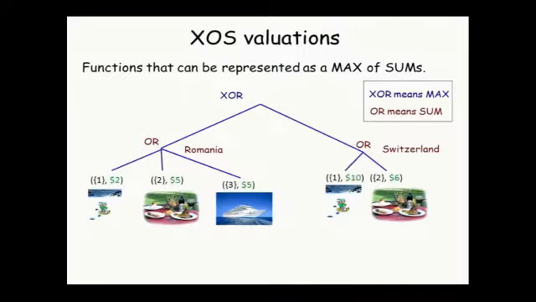Now, a nice thing about these XOS valuations is that they come with a natural representation. In particular, a function is XOS if it can be written as a max of sums, where the sums are allowed to overlap. For instance, assume that f is the value of a traveler on a bundle of vacation activities. The items would be the types of vacation activities, and each tree would correspond to a possible vacation site. The valuation of the traveler on a set S will be the maximum value of the set S over all possible vacation sites.